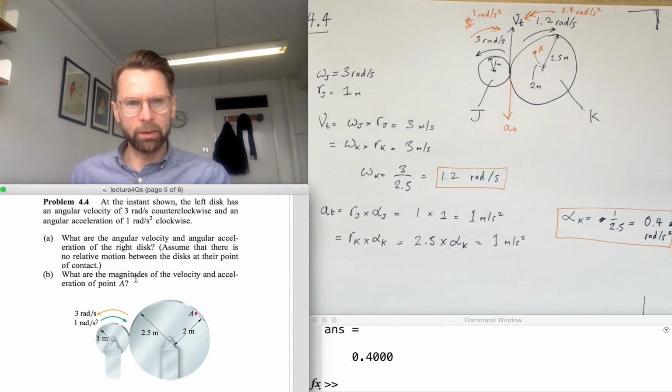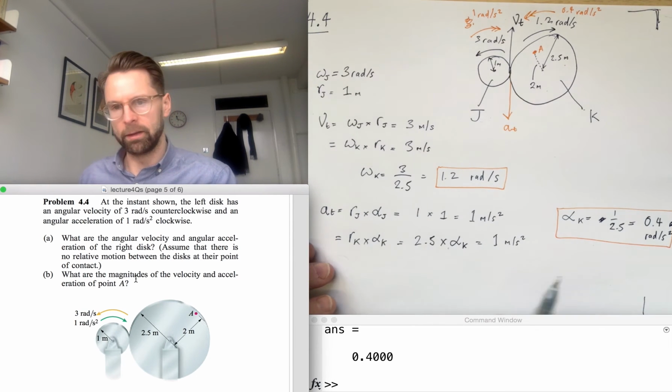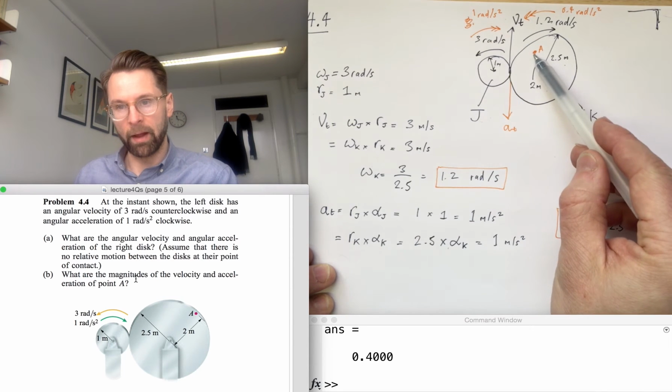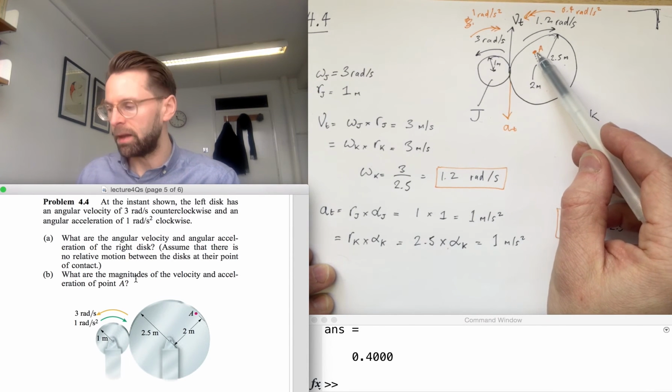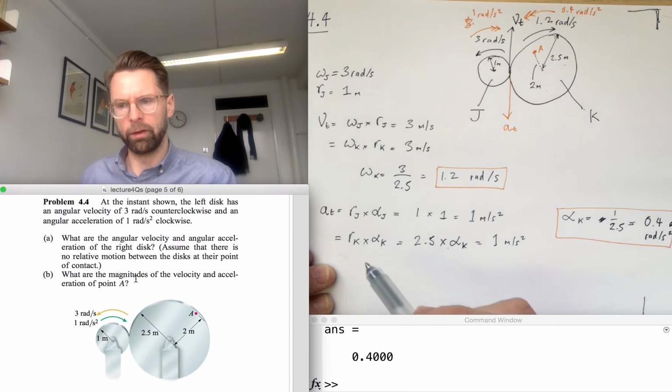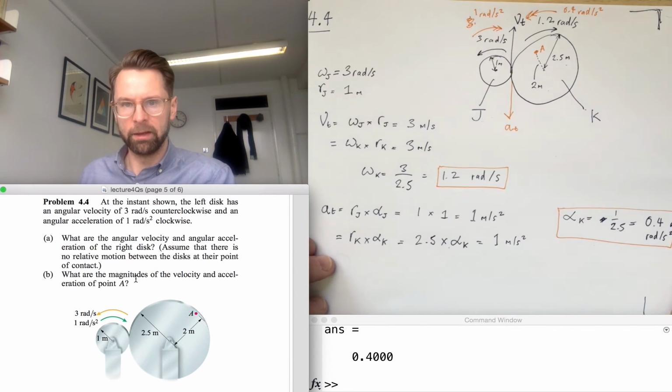So this is identical to 4.1 and 4.2. What we did there, we calculated the components of velocity and the components of acceleration at A, and from that calculated the magnitude. So I'll do that quickly and refer you back to the earlier example